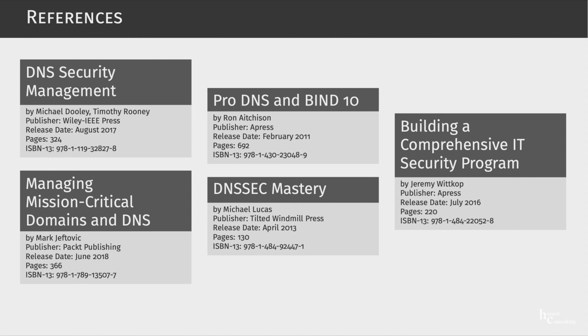Another guy that I had the chance to have a quick chat with here and there is Mark Jeff Torvik. He's maintaining a massive DNS infrastructure since decades, I would say. I can't remember the exact number of years, but a lot of years. And in his book, Managing Mission Critical Domains and DNS, he's explaining what are the things that he learned, what are the things that you should be aware of,